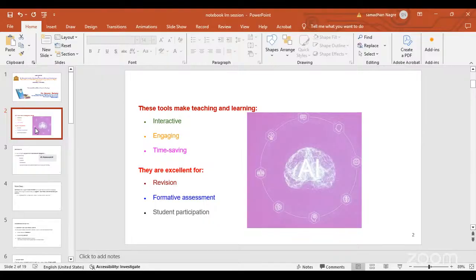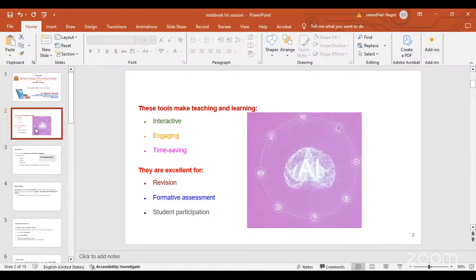Traditionally, the teacher is always very important. Although there are many technologies and tools coming, the importance of the teacher will not be less, right? If the teacher is good enough to deliver the content, with command over his subject and knowledge, but still, if we use AI tools, the teaching and learning will be more interactive,